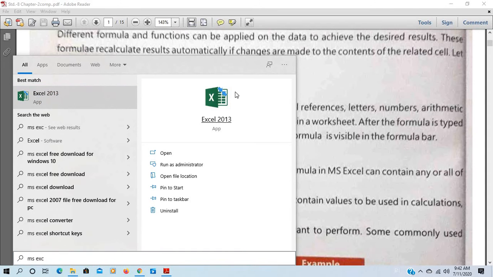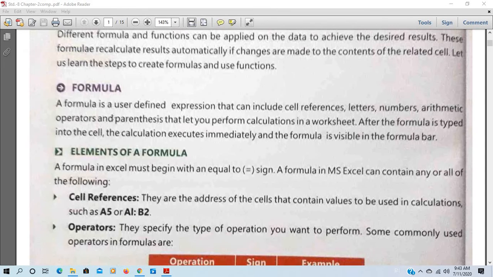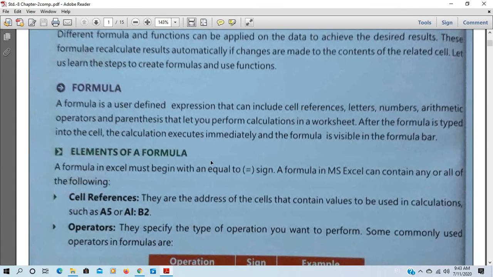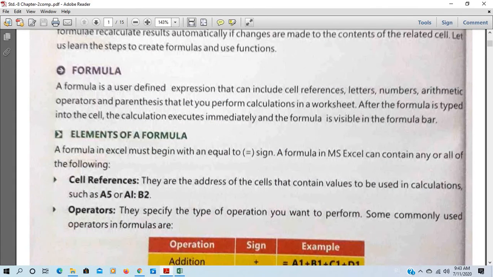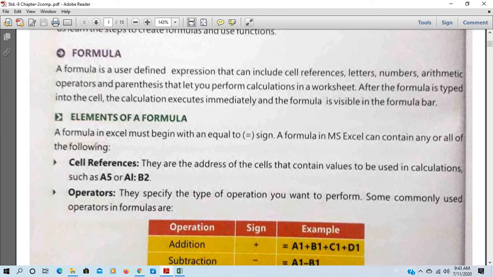In the book it is explained about Microsoft Excel 2010, but there are not many differences because both the software belong to Microsoft company and have too many similarities. So just see, I will explain you when it will open.